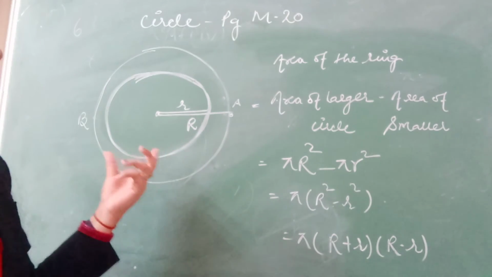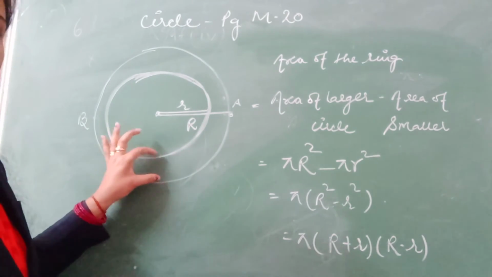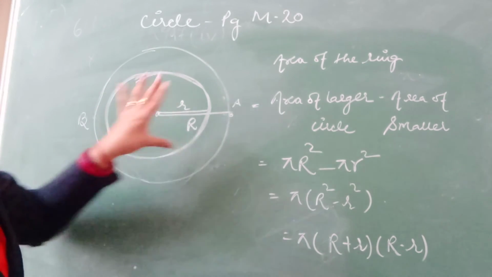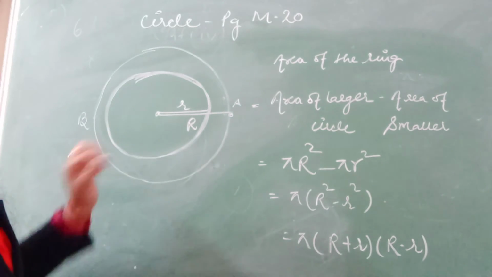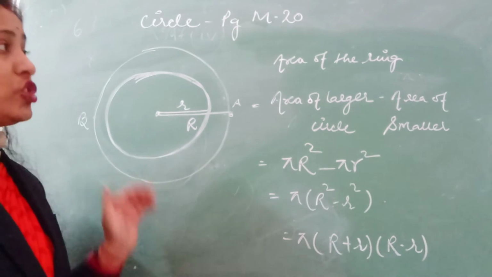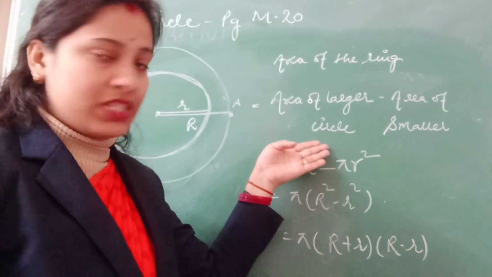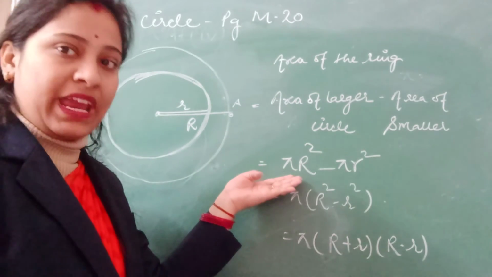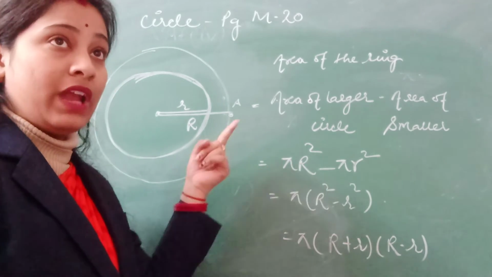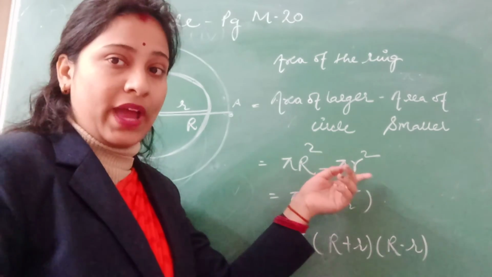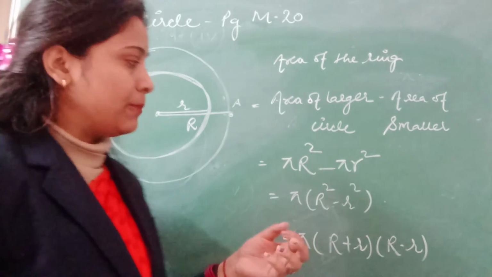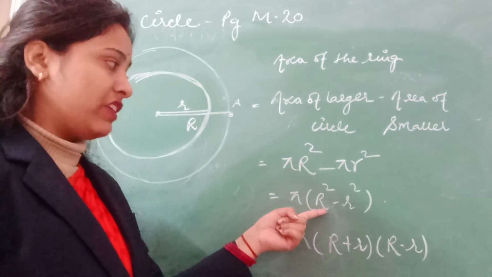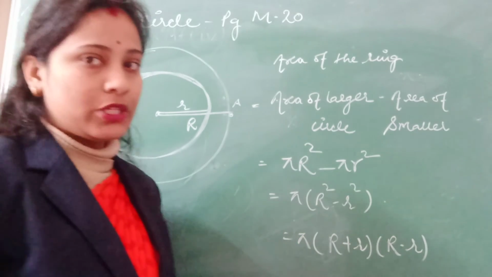Now what we can have is area of the ring. ये आपसे पूछा है. Area of the ring means अगर हम बड़े circle में से इतने को subtract कर दें, so we will get the area of ring. So this can be written as area of larger circle minus area of smaller circle. Area of larger circle is pi R square, where R stands for larger radius, and pi r square, here r stands for smaller radius. Taking pi common because it is constant, we have capital R square minus small r square.